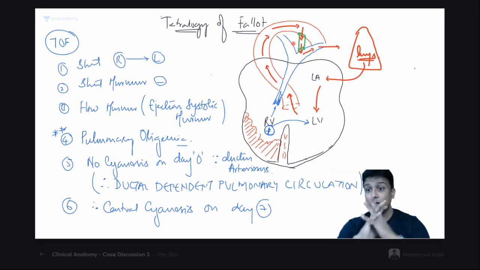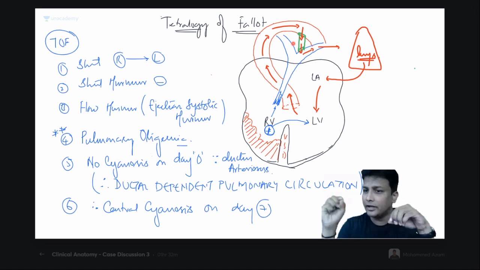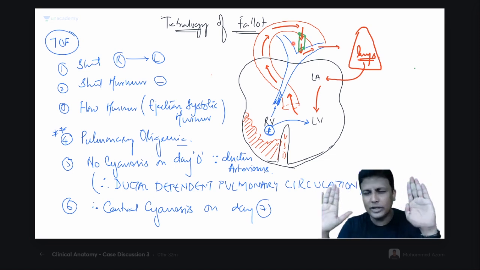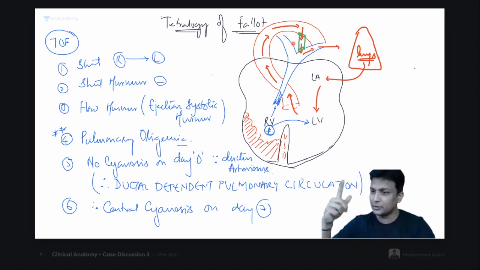Yes. Okay, fine. So that's what I'm trying to tell you people, that I have seen many students learn tetralogy of Fallot by full mug up, and they're learning all these points just by mugging up. No need to mug up, guys. In my classes, learn it in a proper manner. Where will you start from? Let us do it once more here right now. So let us start.